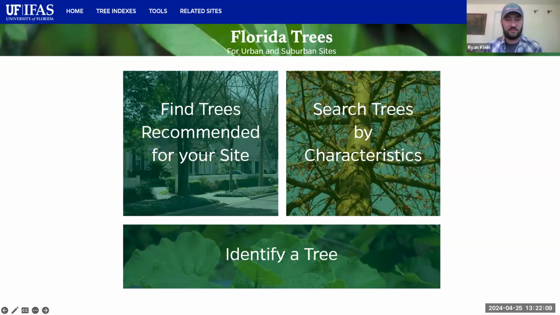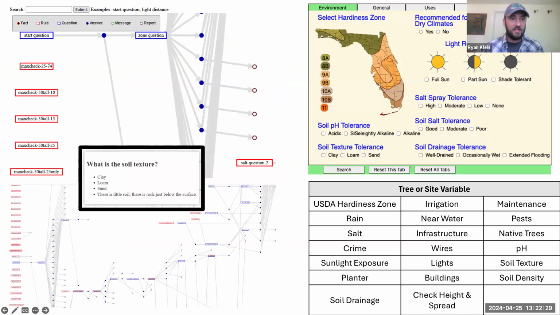And just in case you're unaware of this, most of the tree fact sheets that are on IFAS currently were generated from the original version of this site back in the 90s by Dr. Gilman and Dr. Beck. And then I was just tasked with revamping it after it went offline a couple years ago. We got a grant for it. But here's essentially what I was talking about.